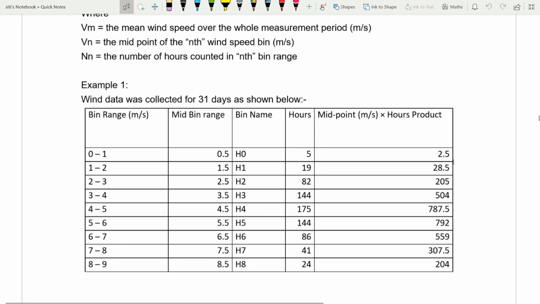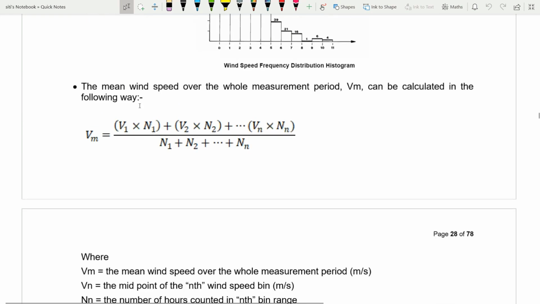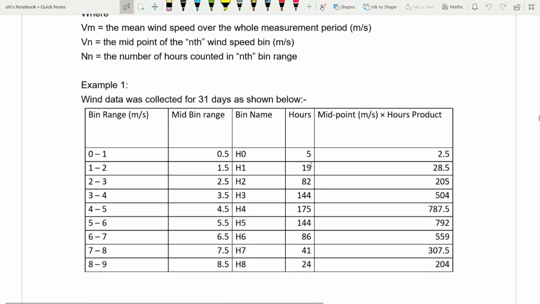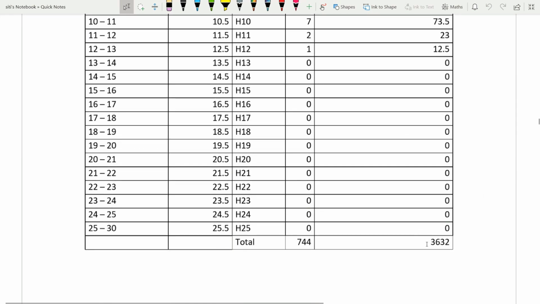This value is from the mid-bin range 0.5 multiplied with the number of hours. That represents this equation: V1 multiplied with N1. So 1.5 multiplied with 19, you get 28.5. 2.5 multiplied with 82, you get 205. And then you total up all, so you get